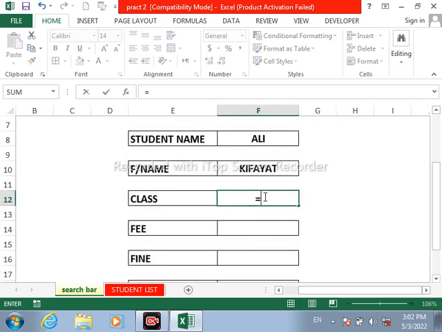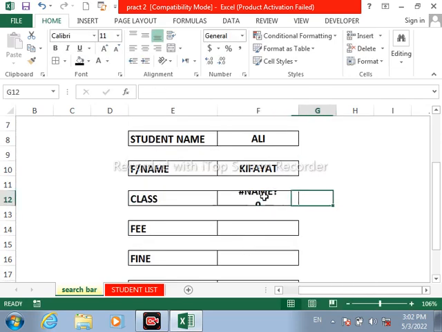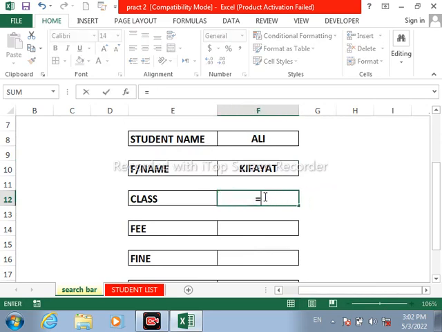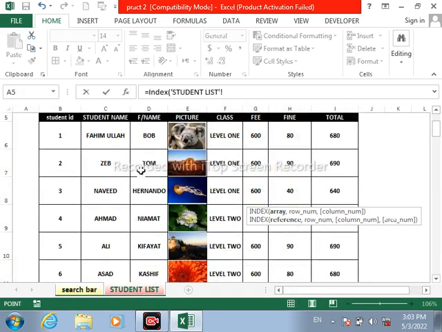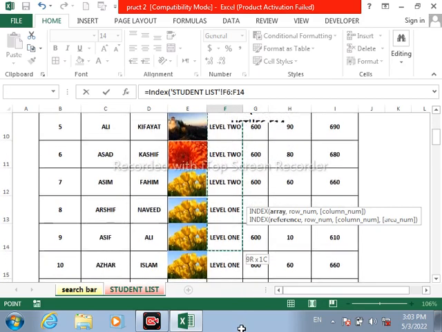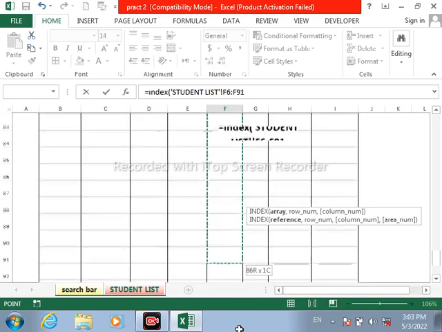And then go back, the same formula in the cell of class: just equal to INDEX, open bracket, and then you can see array, the same array, just click on the student list. Now you should not select the student name column or the father name column, I have to select the class column. So select this column,